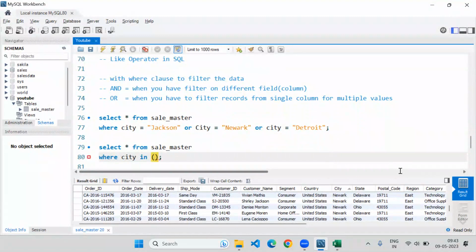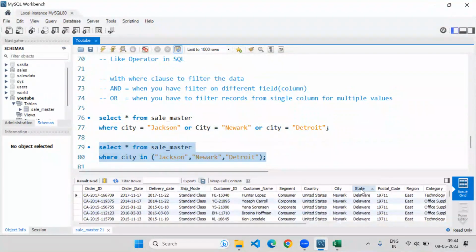City IN operator works very similar to the OR operator for multiple cities, and here you have to pass only the city names. Every time you do not need to write like this, just pass city names separated by commas, and you are able to get the records as we did earlier,